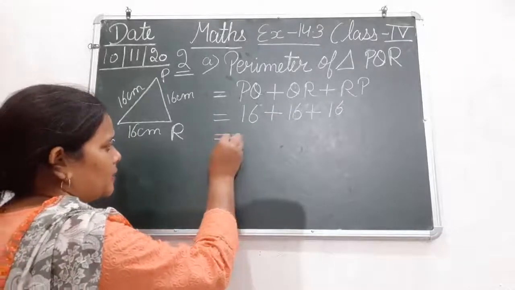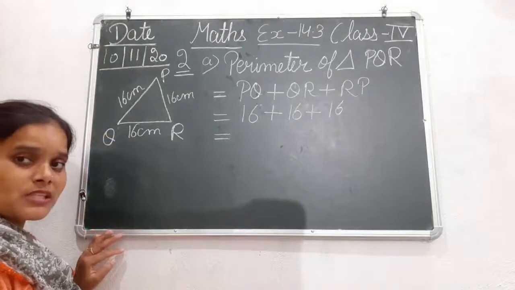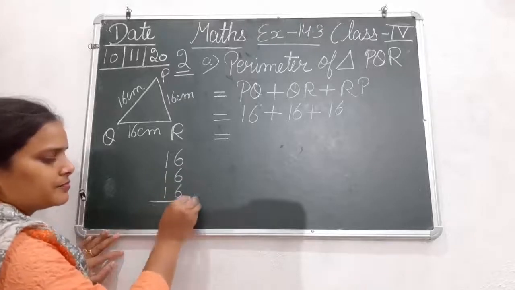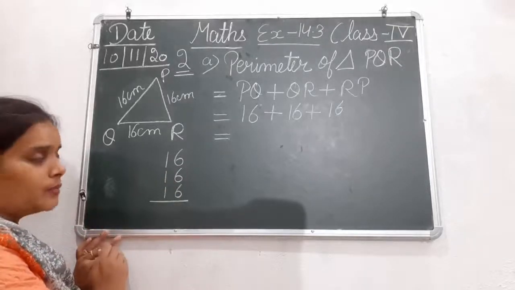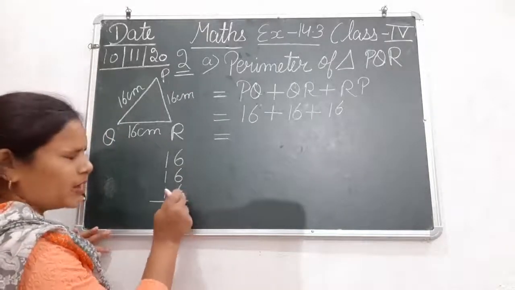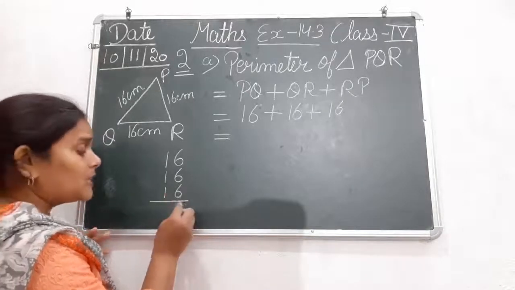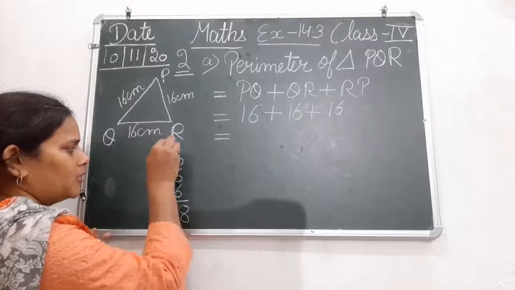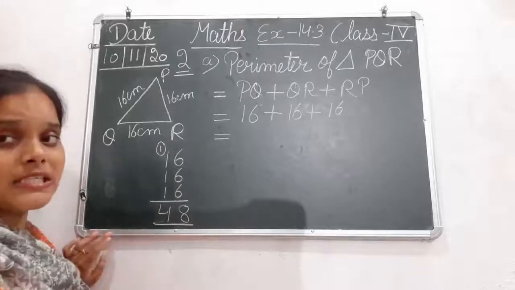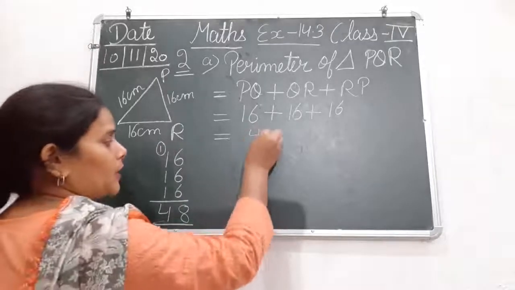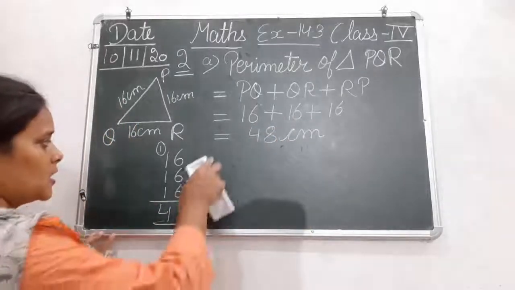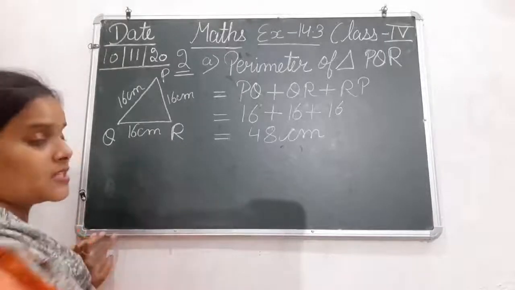So now we are going to add them all. Okay, so if you know the table of 16, you can just do that, or you can just do the addition in the graph. Okay, so this is the rough work I am doing here. After that I will erase it. 6 plus 6, 12, 12 plus 6 is 18. 1 will be carried here. 1, 2, 3 and this is 4. So the answer is 48. So this is the answer, that is 48 centimeter. So it was in the rough, so I have erased it.